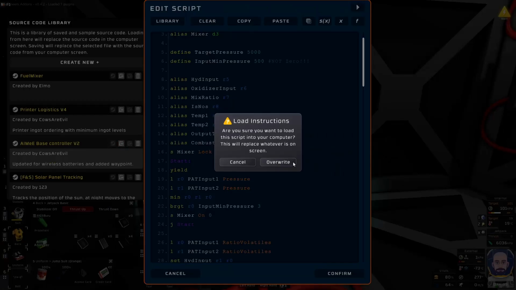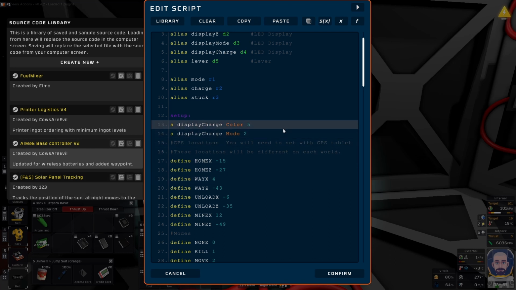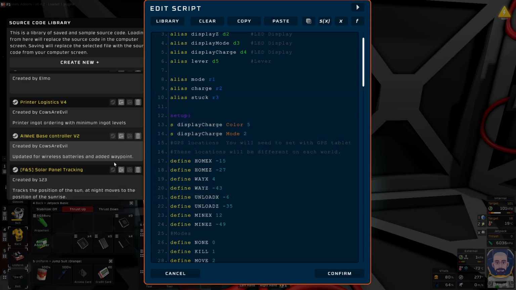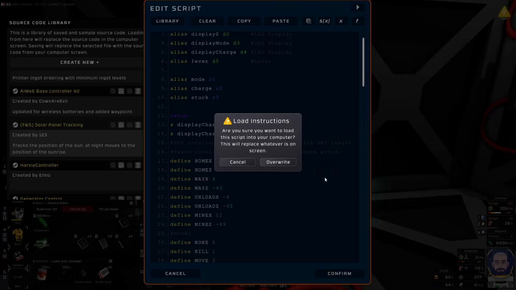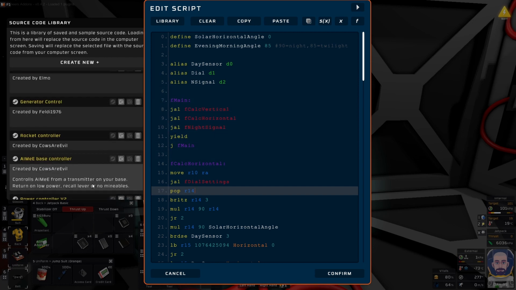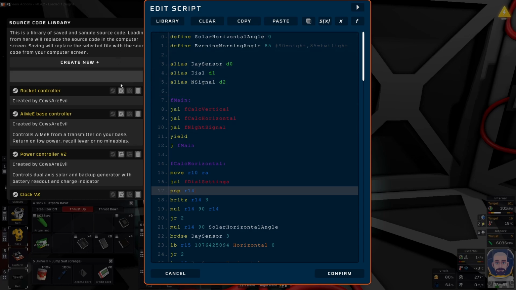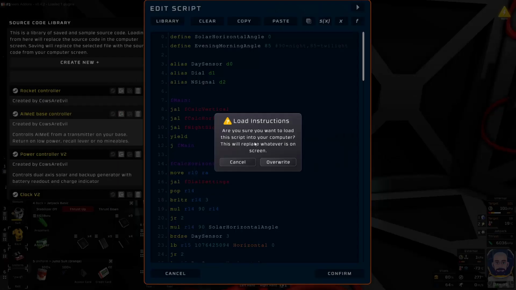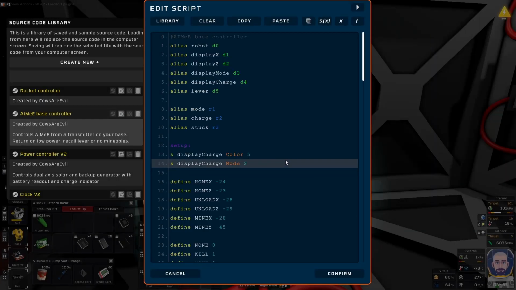The Amy controller is another one from Mick that you might want. This is really good for setting up AMI. There's FNS solar panel tracking I found to be quite useful. Again, you don't really need to know how these work. You can just load them into your library, press that button there to load the instructions. If you want to write back, you press